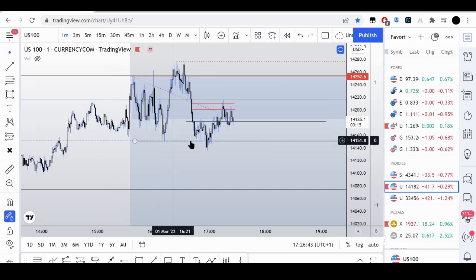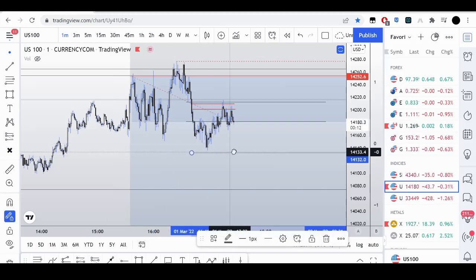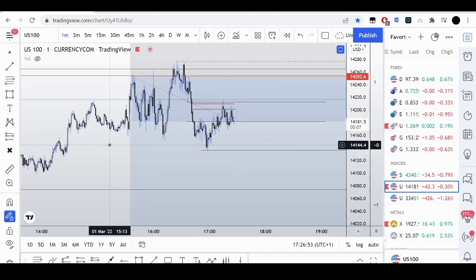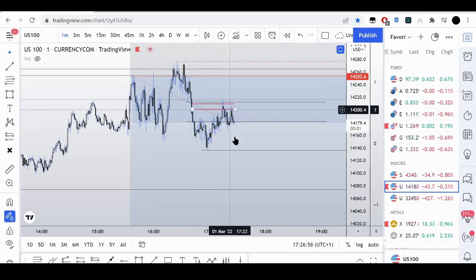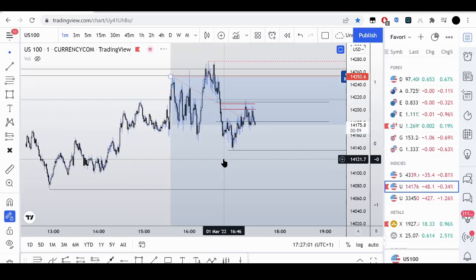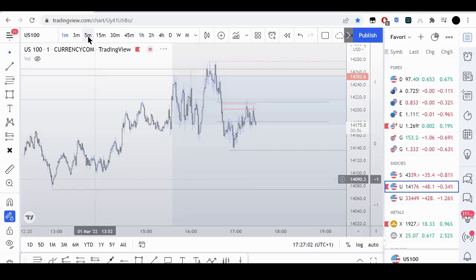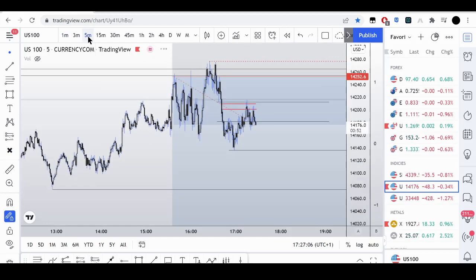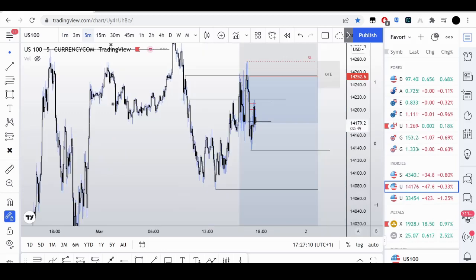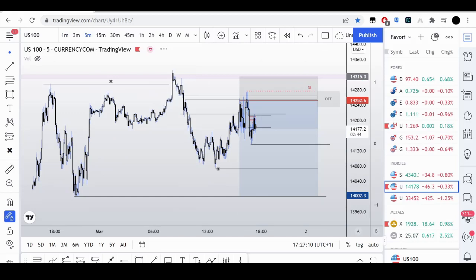Let me move this to this low now, because I want to see this low get taken out. All right, I want to see that low get attacked now. We rebalanced, right? Came into some internal liquidity, right? And now we should attack external liquidity, plus that external liquidity from this high to this low. Attack this external liquidity as well.